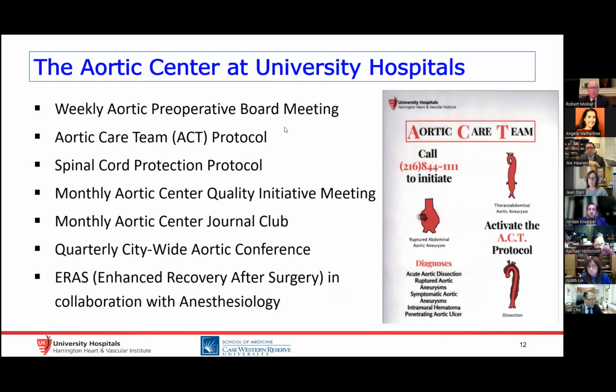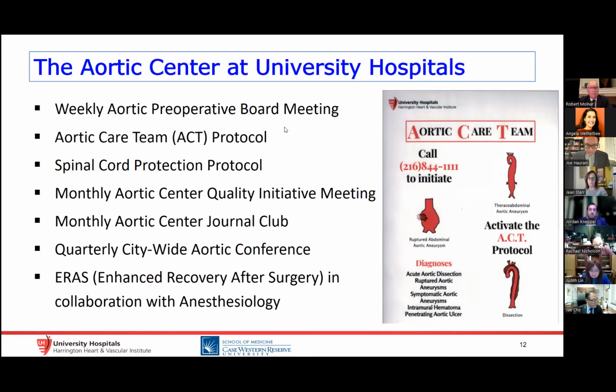To overcome these hurdles at University Hospitals, Case Western Reserve University, we have formed the Aortic Center that is co-directed by both vascular and cardiac surgeons. We have a weekly aortic pre-op board meeting discussing most elective aortic cases from valve to aortic bifurcation. We discuss all endovascular and open options for each patient and come up with the best therapy for the patient. And we operate together for complex aortic cases, which has had a tremendous impact in more ways than one, as